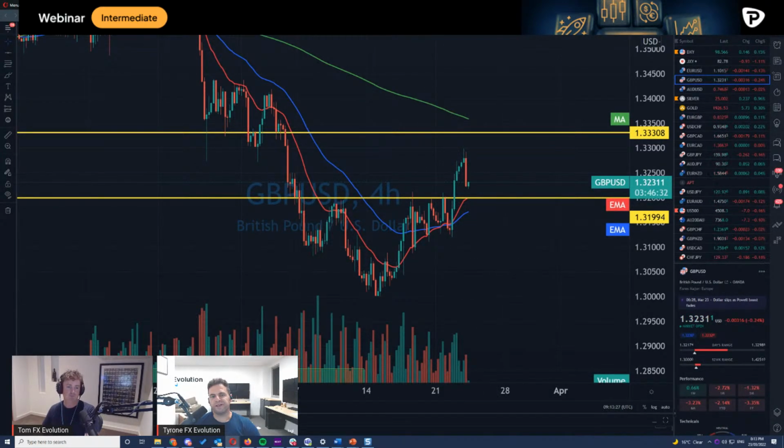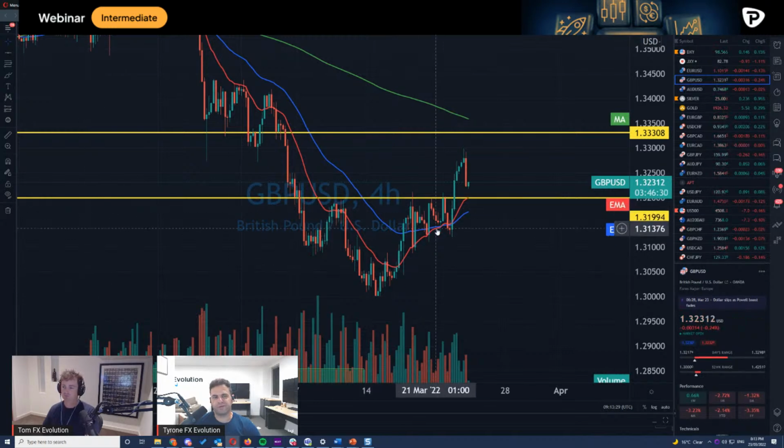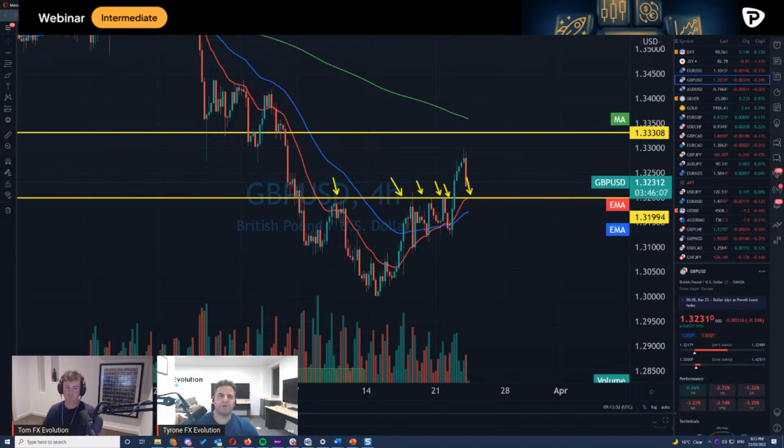Oh, no, most definitely. You've got a 20/50 moving average crossover for starters on a very no nonsense time frame like the 4-hour, and we're also obviously getting a series of higher highs and higher lows. But we have broken past that level that was previously a support level, and now we're above it. So not only has it broken that level, it's actually coming back down now and testing that level from above, which is giving us a mini role reversal zone. Now that's going to coincide with the 20 moving average, of course, and you're going to get double protection from that point onward. So we like to look at that.